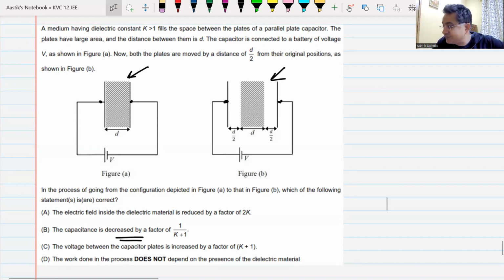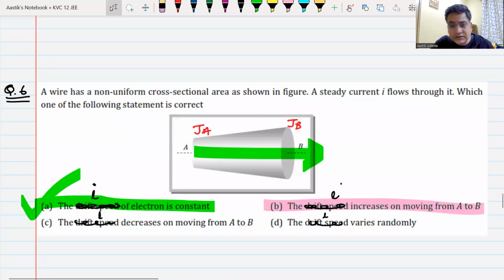Moral of the story is, if you just remember simple things, you should be able to do even the most difficult question that comes. Have you understood this question? Yes, sir. Have you noted down the resistance of this wire? Yes, sir. Okay, we have not come to that part where we calculate resistance, but since this question had come up